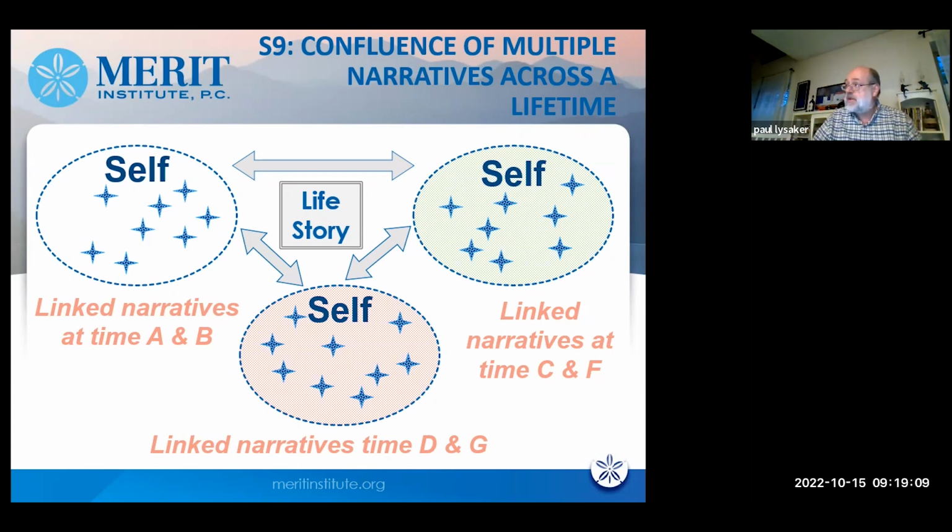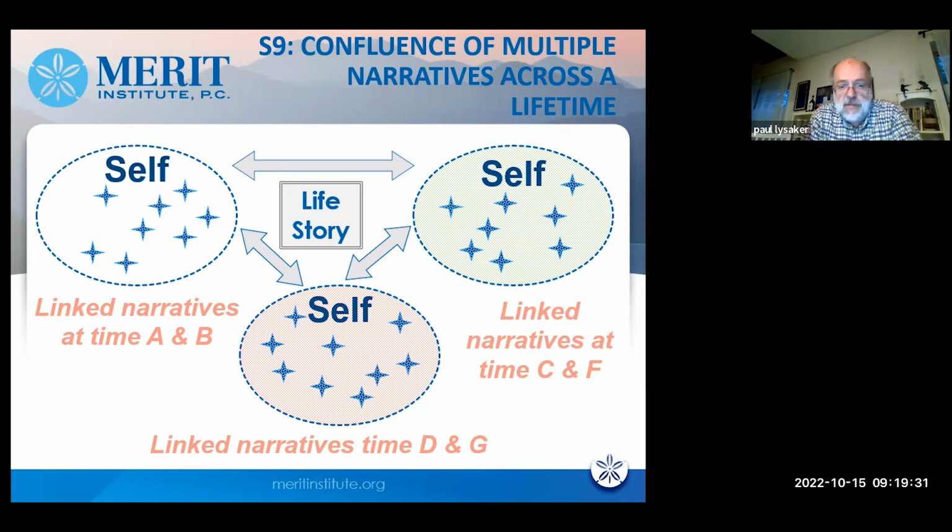Some of those have disappeared. Some of them have played out much more richly as I've gotten older and now in my current state of my career. And that would be true about relationships. It would be true about my personality. It would be true about the things that I care about, that I don't care about, my achievements, my failures, et cetera, et cetera. A rich picture, and that's what 9 is.